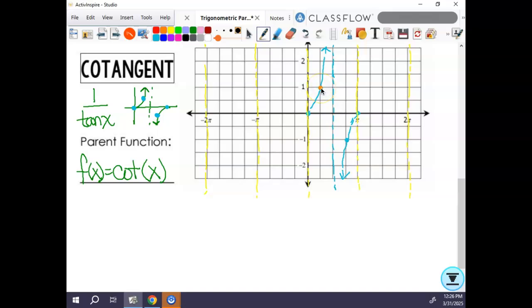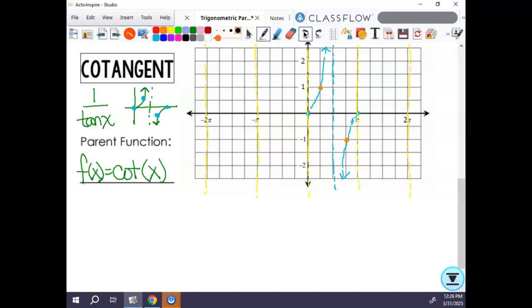When tangent is -1, what is the reciprocal of -1? -1. Okay? Now, when tangent is undefined, the reciprocal of undefined is undefined because you can't take the reciprocal of something that's not defined. However,